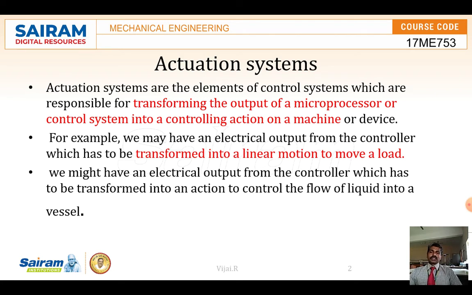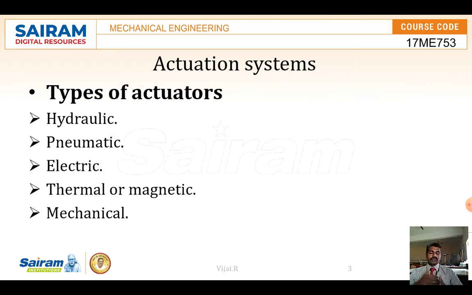So the elements of the system take the control signal of the microprocessor and convert it into another form, which is the actuation system. The movement we get may be a linear one or a rotary one. Normally we need linear movement for pulling or pushing a load, or for pumping water from one tank to overhead tanks. So movement of water or liquids from one end to another, these are all elements which are needed.